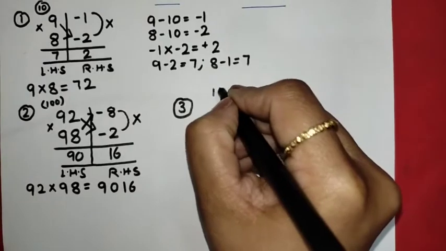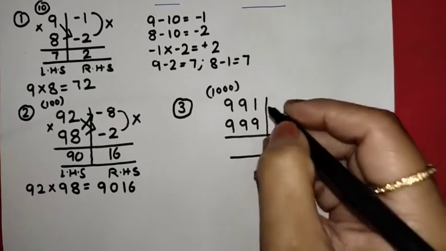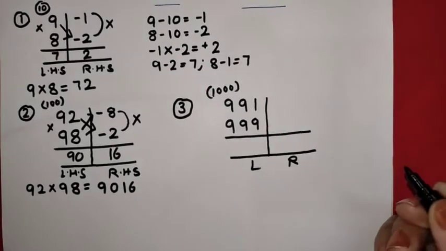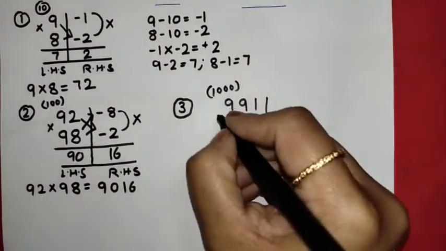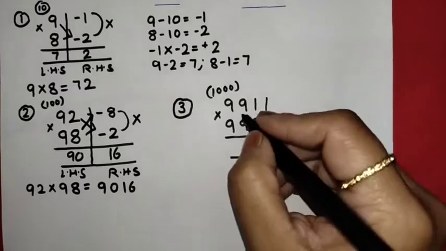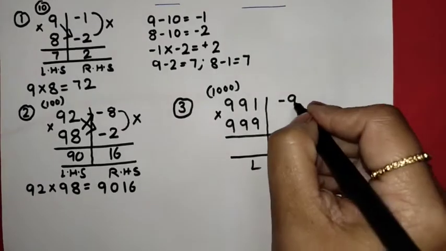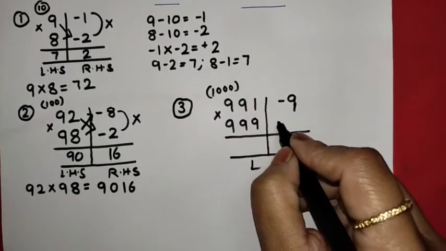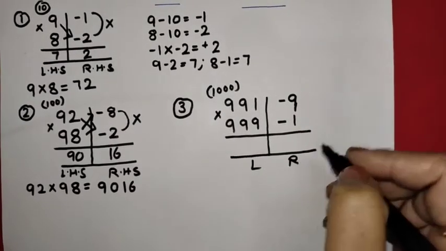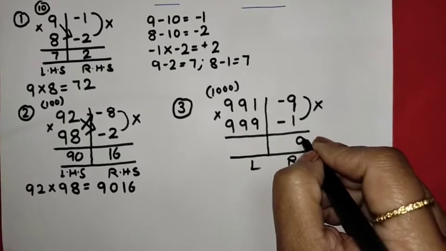Now the base over here is 1000. Both these numbers are near to base 1000. Find the difference. We have parted our question in two parts, the right hand side part and the left hand side part. On the left hand side part, we have written the numbers that we want to multiply. On the right hand side part, start writing the differences. Number 991 is 9 less than the base 1000 and number 999 is 1 less than base 1000. Right? Now you know what you have to do for right hand side answer. You will simply multiply your differences. 9 ones are 9. Right?